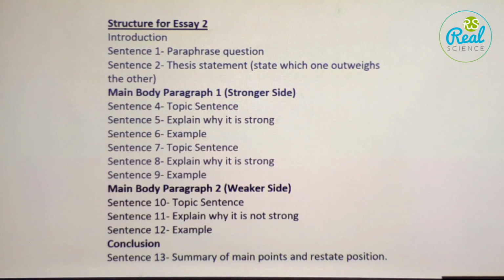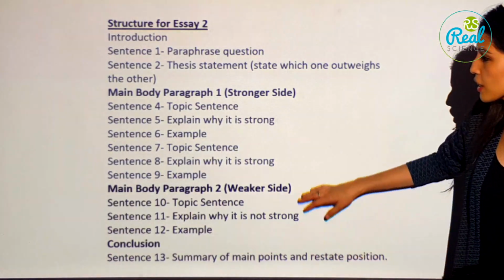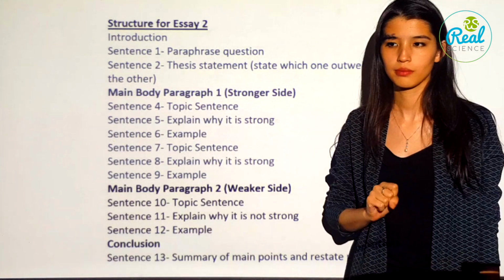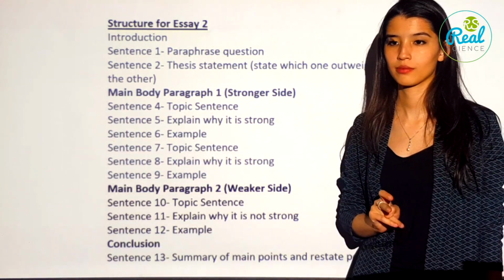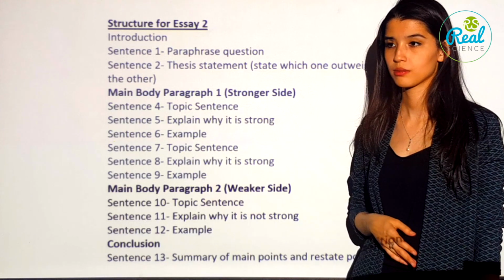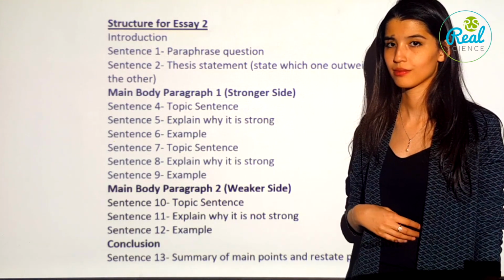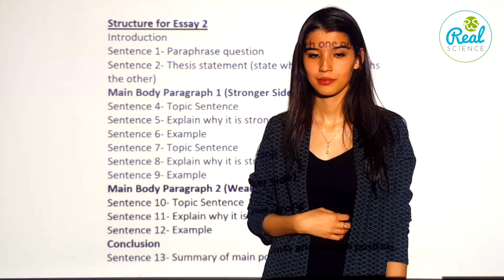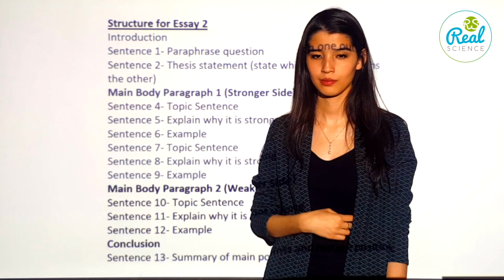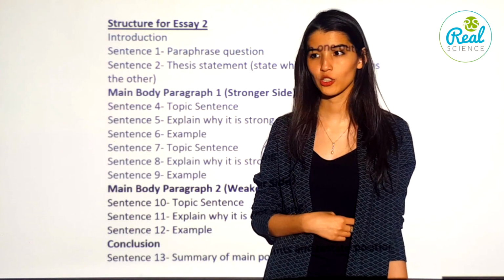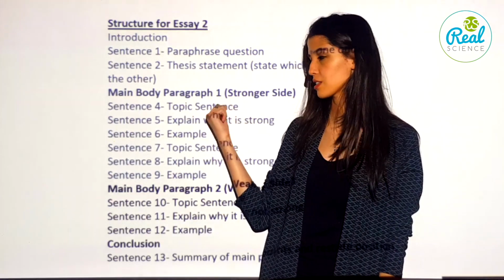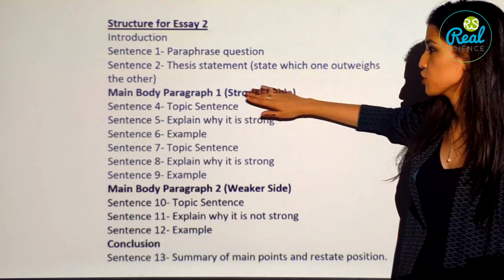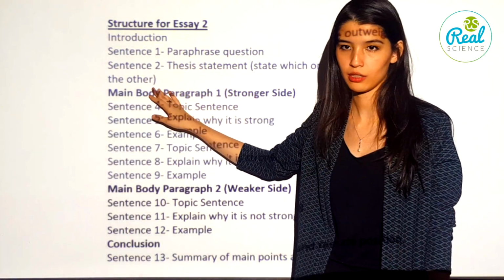This is the structure. As you can see here, you will start with the stronger side. Why do you have to start with the stronger side? Because it will include your opinion, or I think it must be without opinion, but it's stronger, that's why, and it's like the main. Yeah, the main focus of the essay is this side. So that's why you have to start with this one. You have to mention in the thesis statement already your opinion.